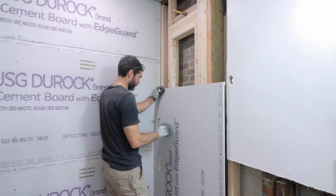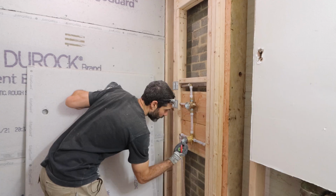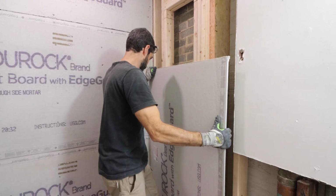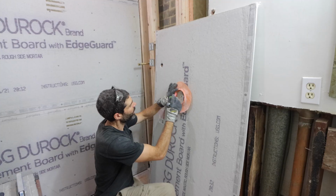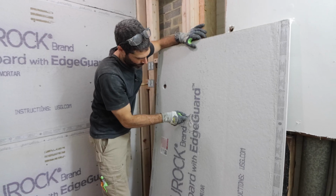Really great tool to have for this. This allows me to get the cement board closer to the valves, which I then mark with a marker. I then bump the board up against that marker, and that makes a mark on the back of the board. From there, I have a mixing valve seal. I'm going to be using this later on, and I center that on the marker and draw my circle,